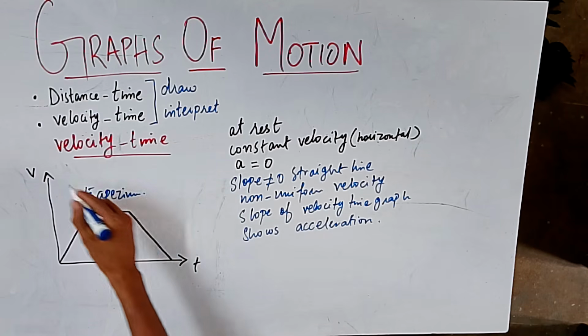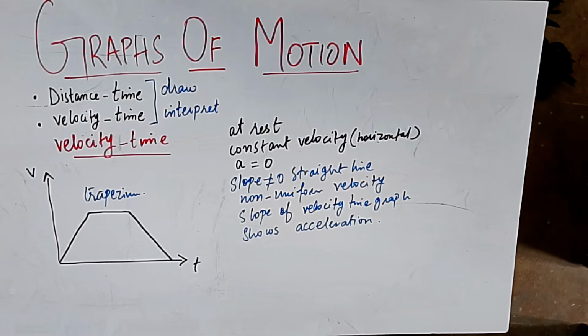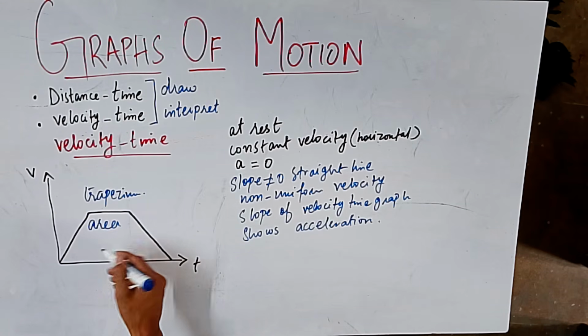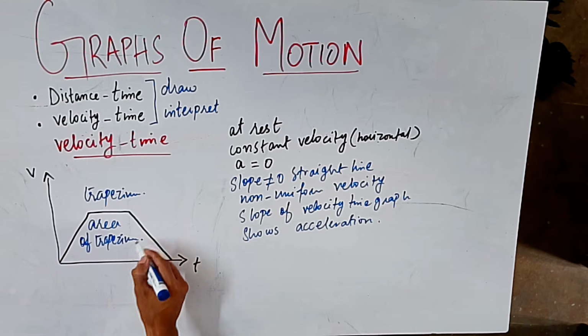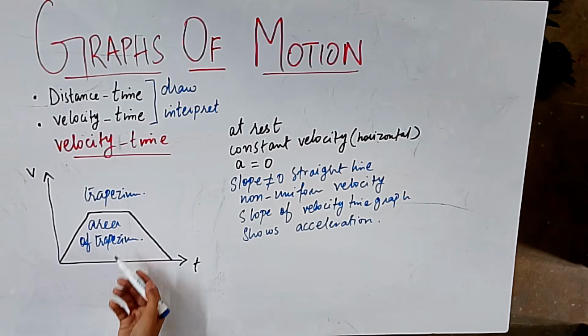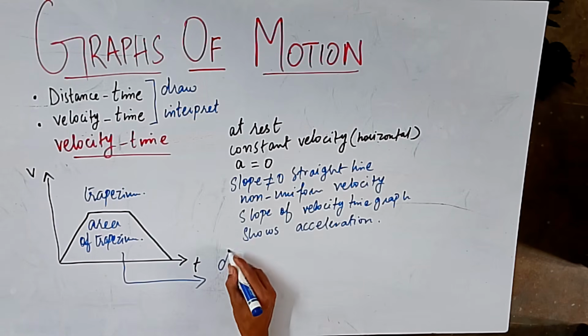In this whole scenario of the velocity time graph, we did not talk about the distance. So here I am telling you about distance. To find or calculate the distance of the journey or the motion, whatever your graph looks like, for example, in this particular example your graph looks like a trapezium, you need to find the area of this shape. Right now it is a trapezium, so you need to find the area of the trapezium. We will do the questions related to it, so I'm not going in depth on the area of a trapezium and how to calculate it. But I'm just telling you one thing over here, that if you want to find distance